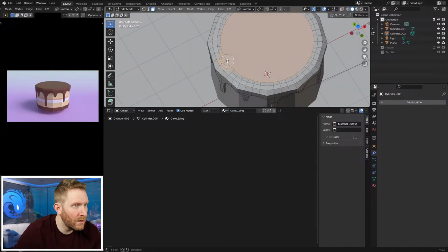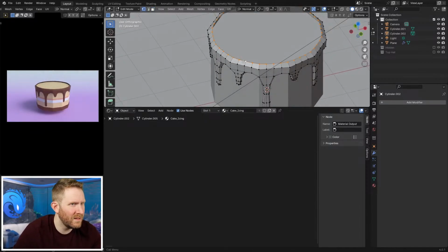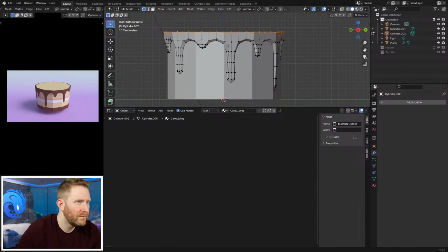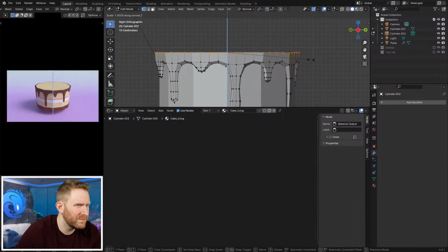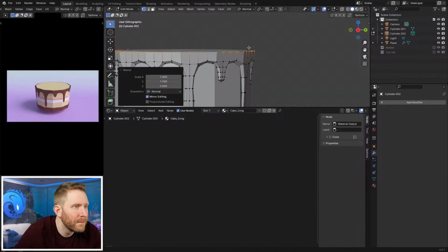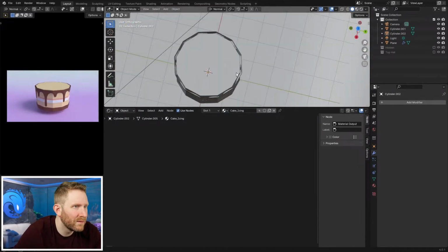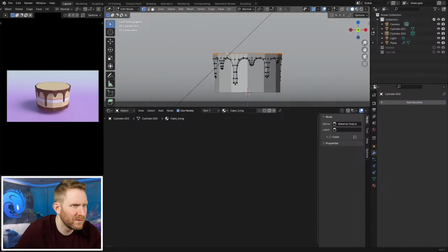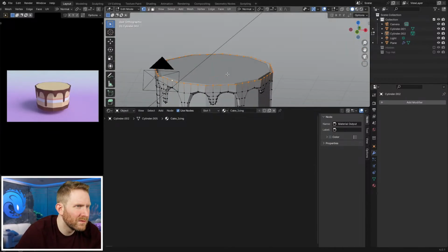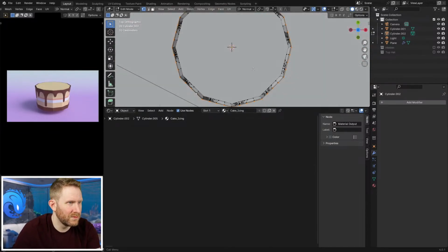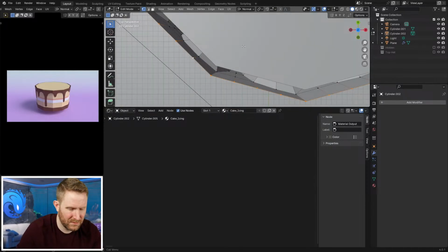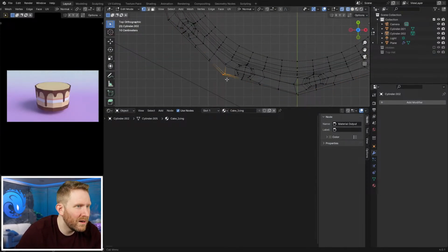Then we can go ahead and delete these faces. Honestly, delete these vertices as well. And I think we can just,